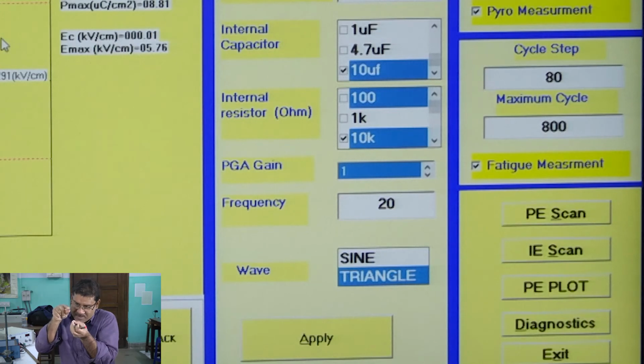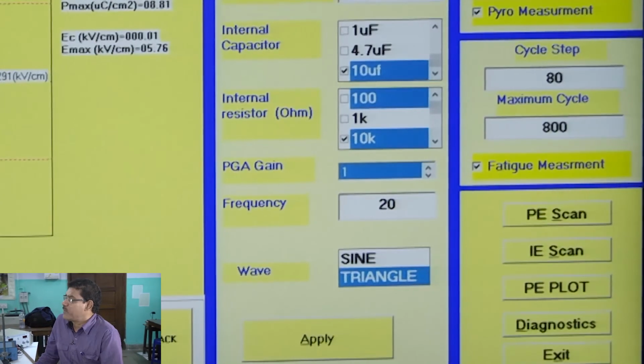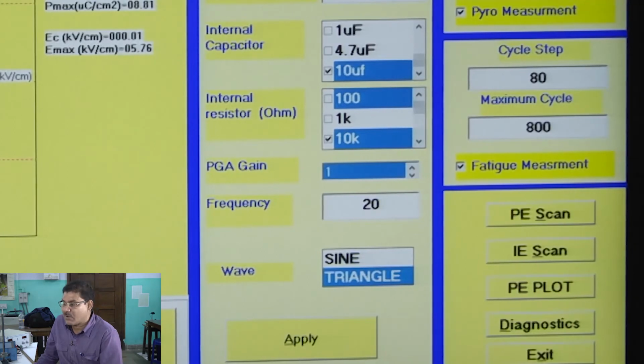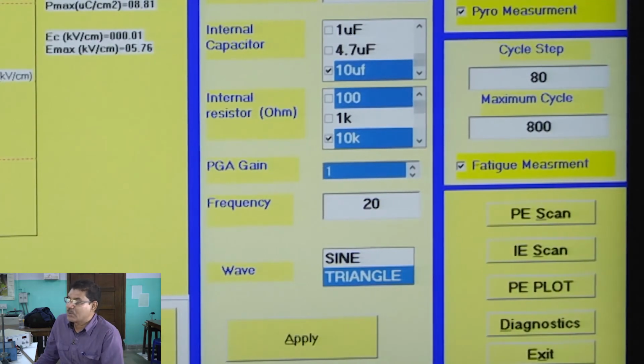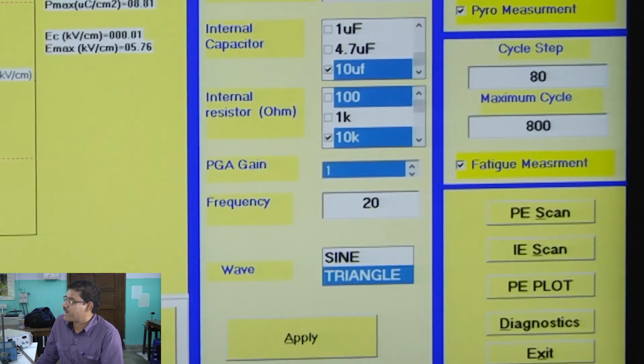For each temperature it will measure PS, PR, and even EC. Then all these parameters can be plotted as a function of temperature. I will not do that here; mainly I wanted to show you how the P loop is measured. Although it is computerized, manually also one can do it, though it is time taking.